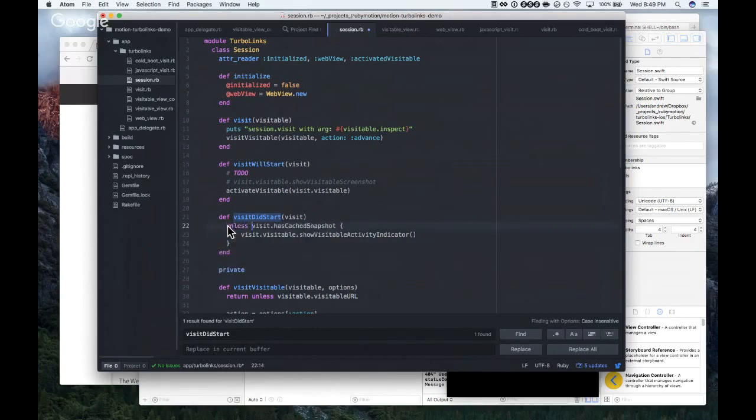Unless visit has cached snapshot. Visit dot visitable dot show visitable activity indicator. Let's get this.